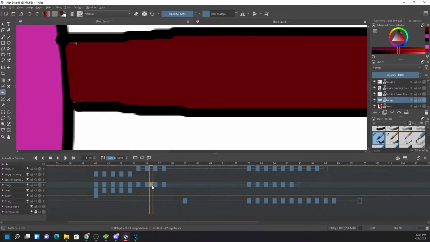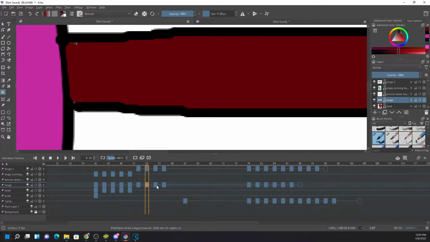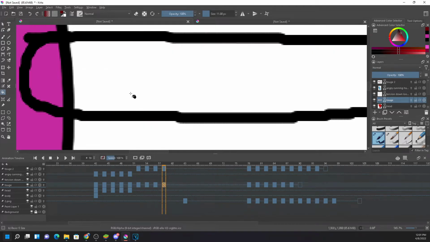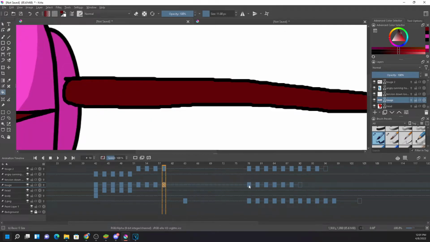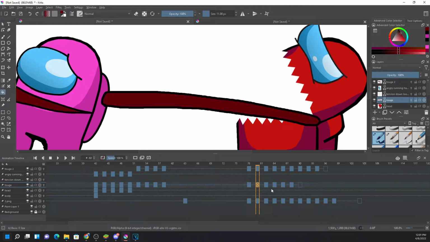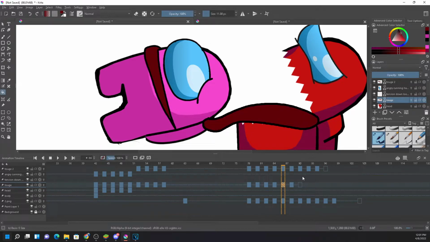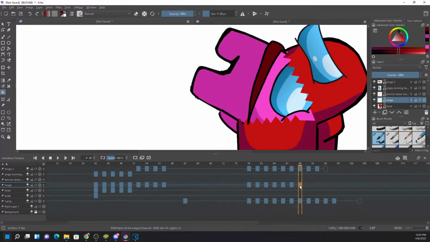I colored on this 55 frame. So I just move this one by holding it. That's it.